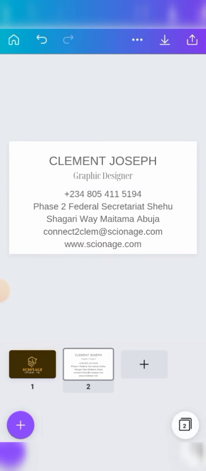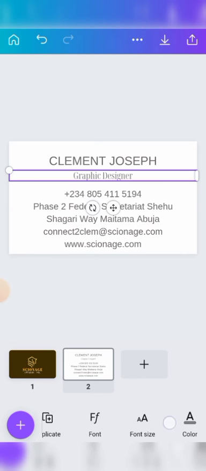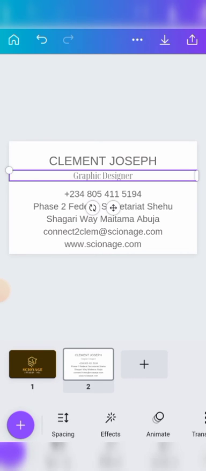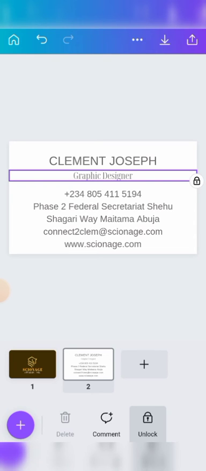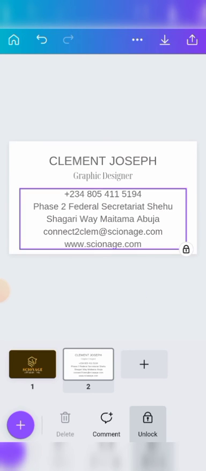So the next thing we want to work with, we'll lock the graphic designer text also. And now you can see that all our text has been locked into place. They cannot move around our template anymore. So the next thing I want to work on now is the background of this